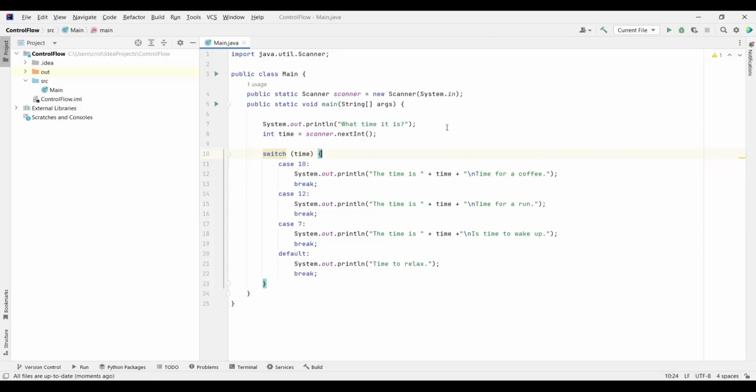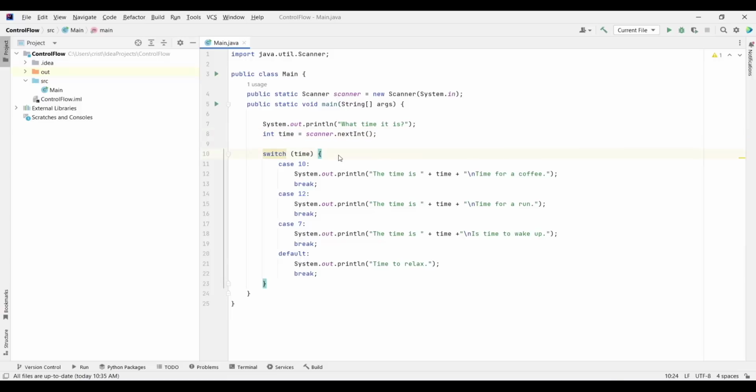So now I'm going to end this video, and I will see you in the next video. And you also saw in this video how you can get input from the user using the scanner and scanner.nextInt to get integers. So I'll end the video now and see you in the next video.